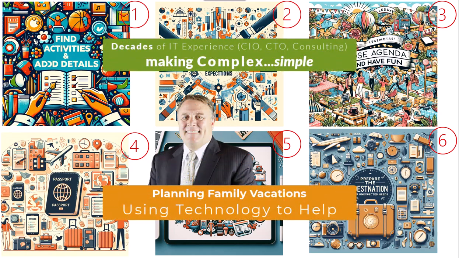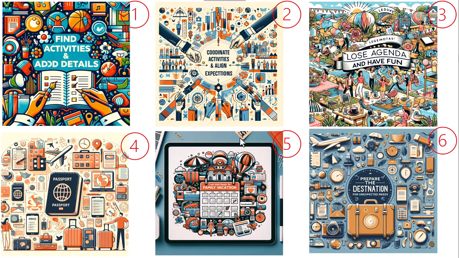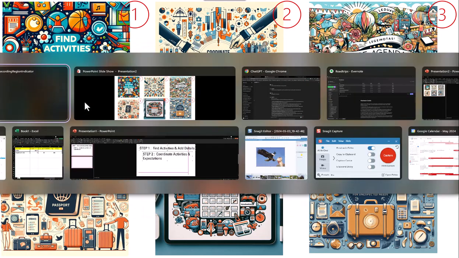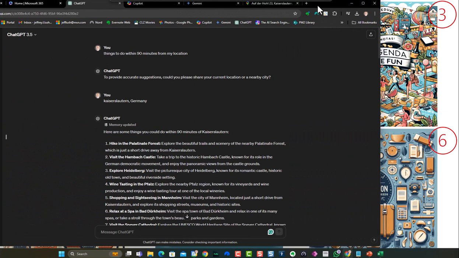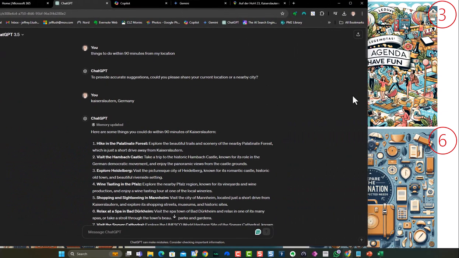So today we're going to talk about road tripping and planning family vacations. And we're going to go through 6 simple steps, but on our way to executing these steps, we're going to go ahead and take a look at the multiple technologies. For example, here AI, where we're creating these images,